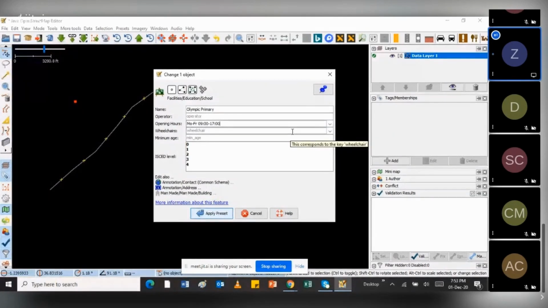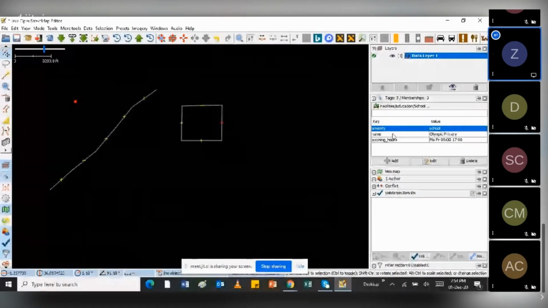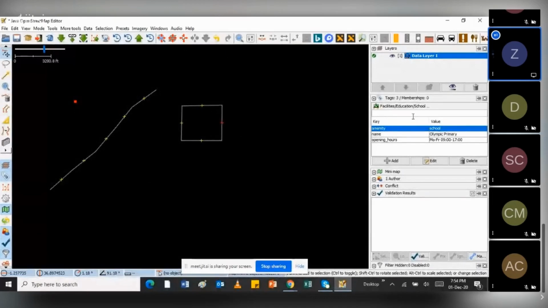So once I've added the information that I'm sure about, I just click apply. And then you'll see all the information that I've added now appearing on the tag panel. So this feature is a school. The name of the school is Olympic Primary, and the opening hours are indicated there. So just see how that has made it different.